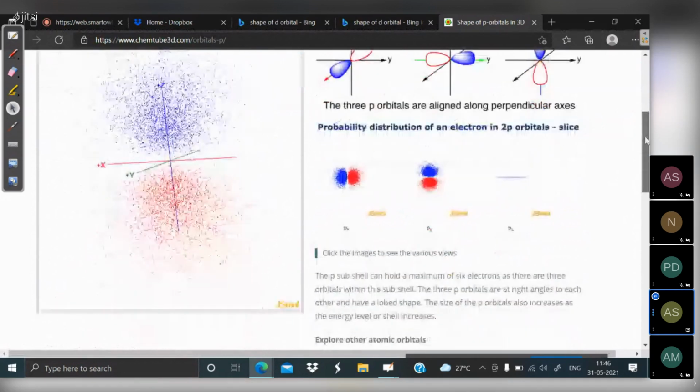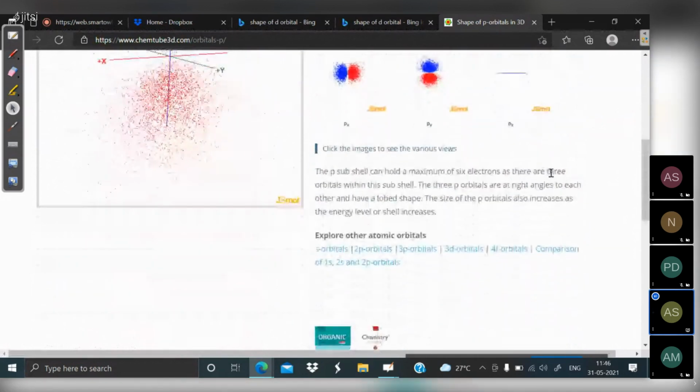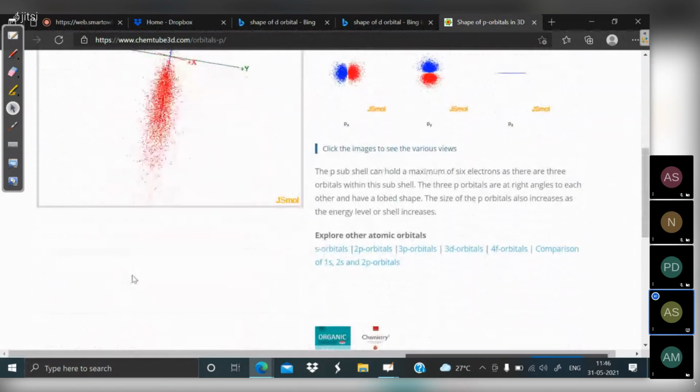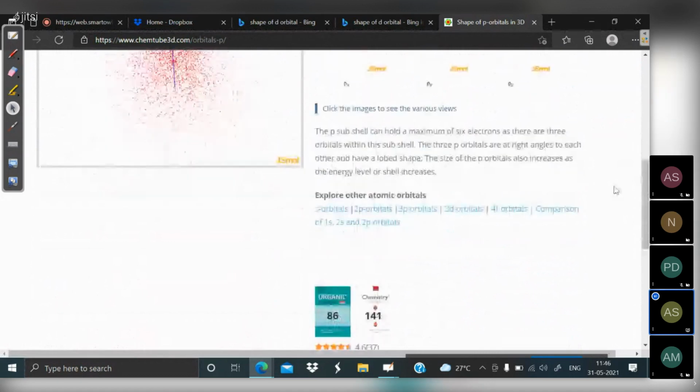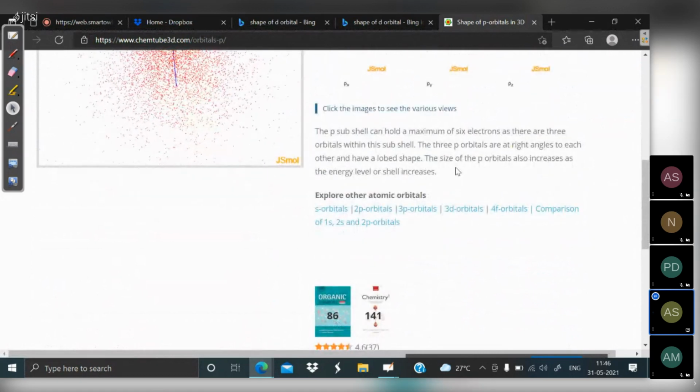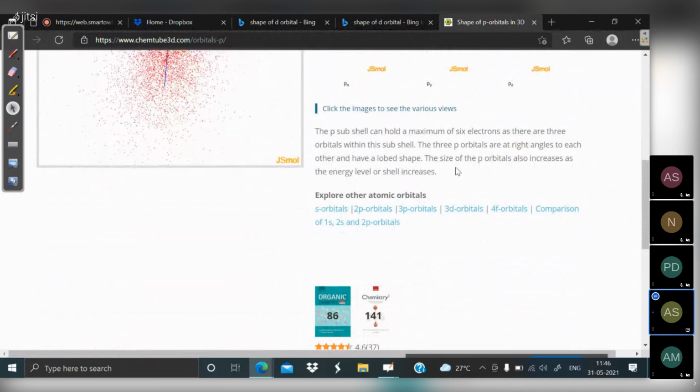So is px, py, and pz clear to everyone? Yes, sir. Okay. So px, py, pz. That means here the lobes lie on the x-axis, or the y-axis, or on the z-axis. That's it. Now what about the d